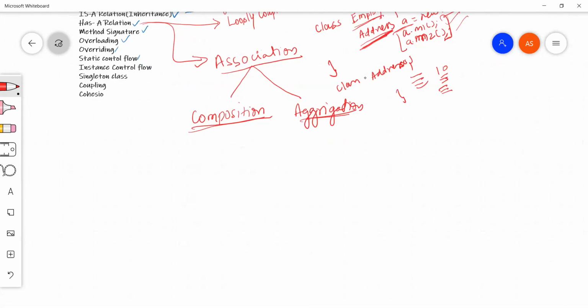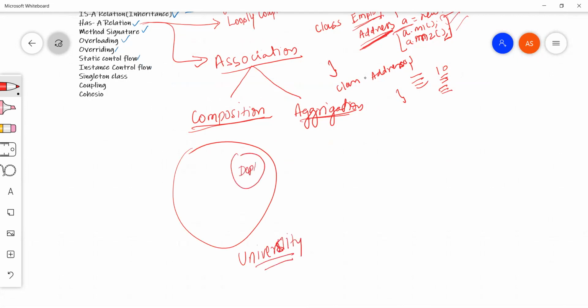So let's take an example. For example, we have a university. In this university, we have some departments, say IT, CS, or let's say mechanical.